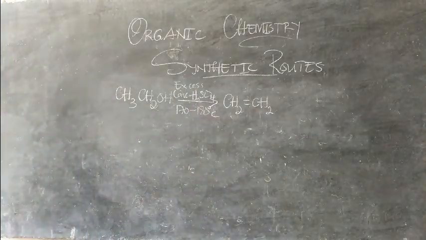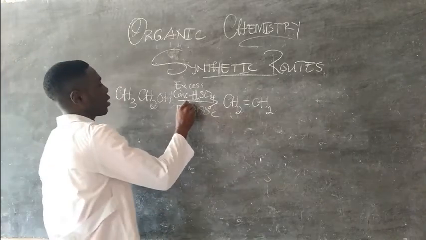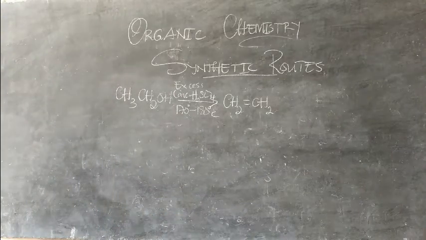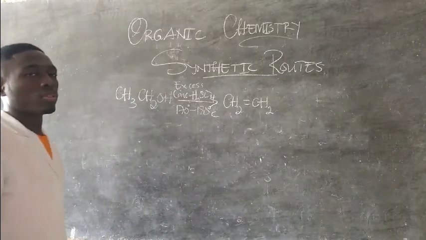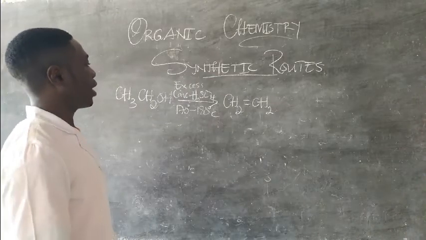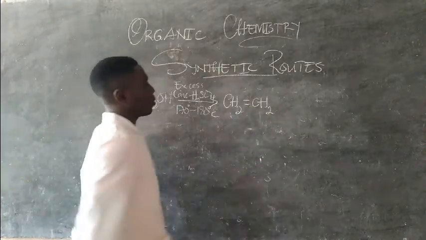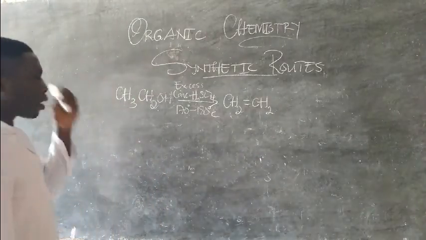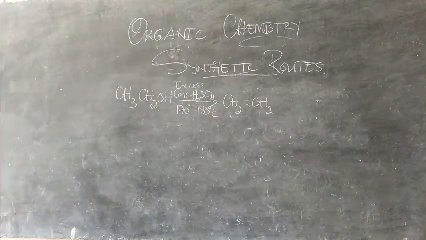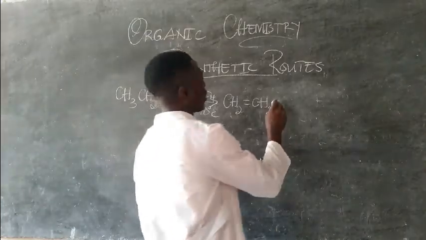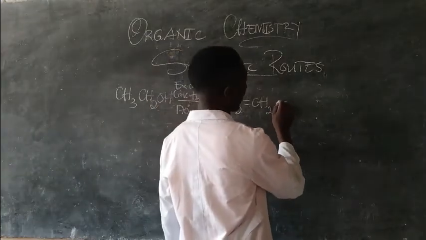So when you use excess concentrated sulfuric acid at 170 to 180 degrees Celsius, you are going to obtain an alkene. No matter the alcohol, you obtain an alkene. So in this case, we are going to obtain our 18. Now I am able to carry out ozonolysis on this 18 to convert it to